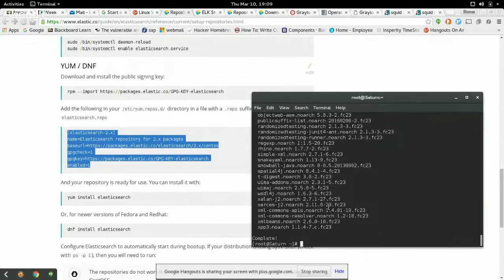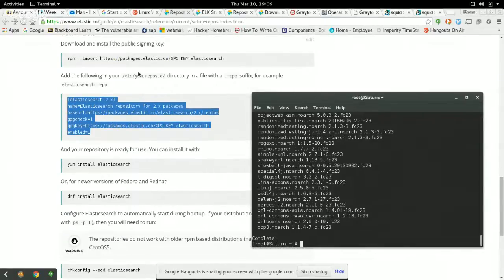So now I'm going to create this repository. Now, they don't go into a whole lot of detail here of what this means. They say add the following to your etc yum.repos.d directory in a file with a repo suffix. For example, elasticsearch.repo. Well, let's do that. I'm going to do vim /etc/yum.repos.d/